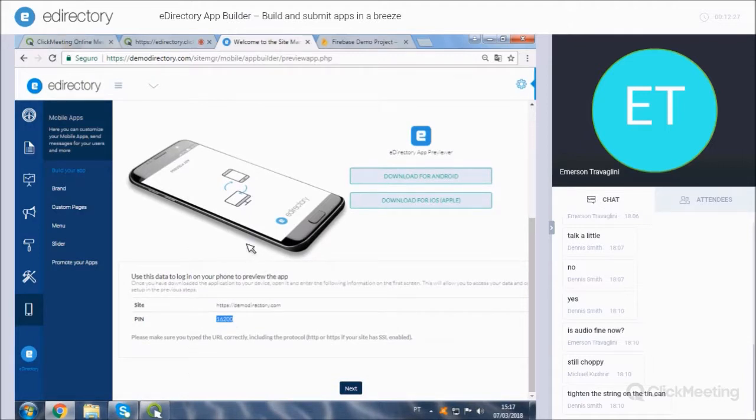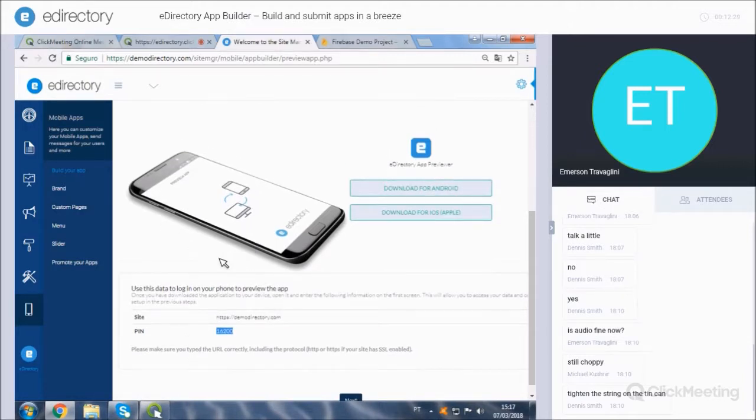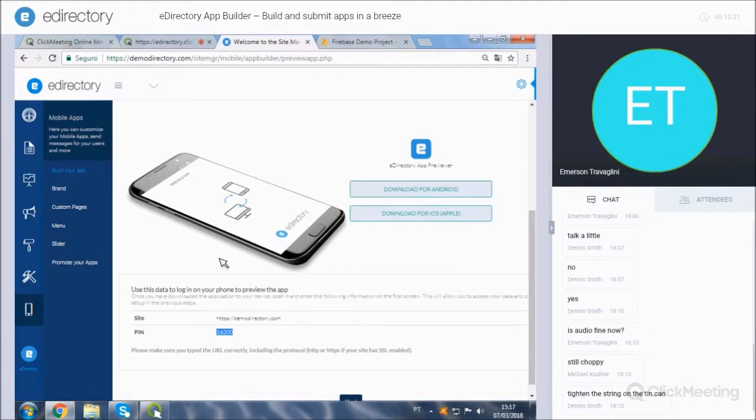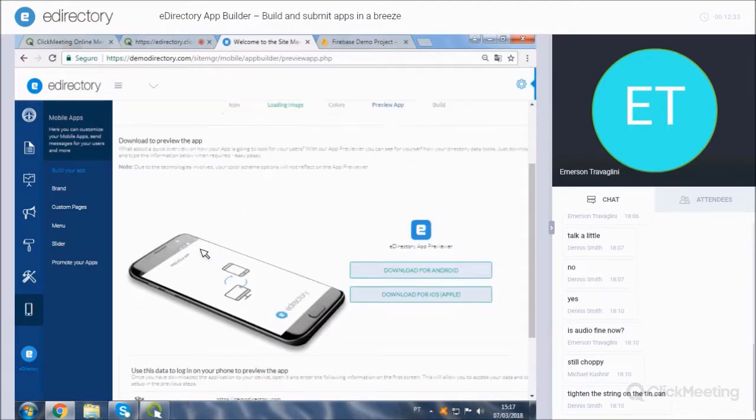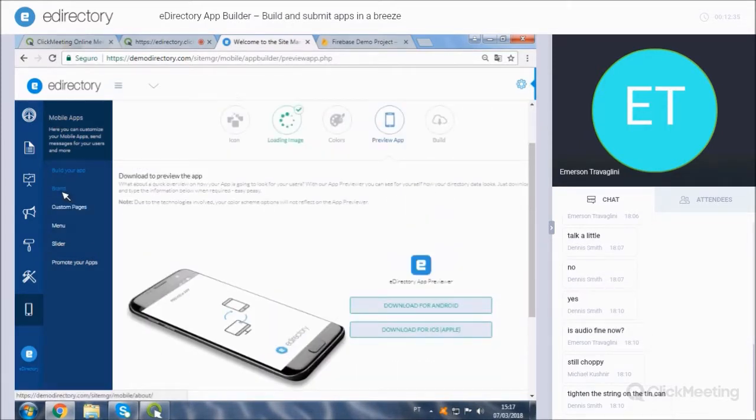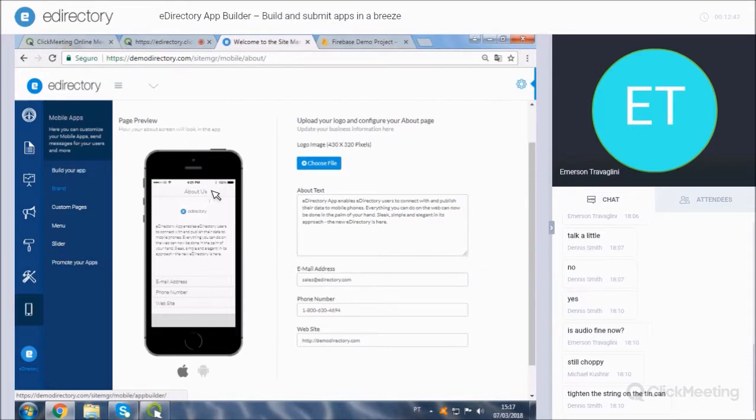And then you put those two in, and it'll connect to your eDirectory database, and you'll be able to see what the app looks like, make sure everything goes before you submit to the App Store. And then, actually, maybe let's go, what do we have here? Oh, this is the preview page stuff? Okay, and then there's some other information, the About Us page,